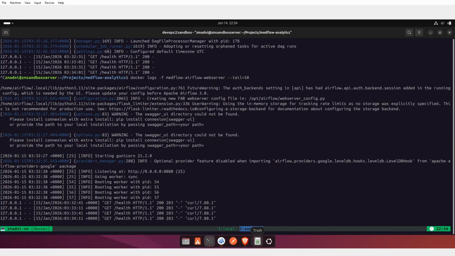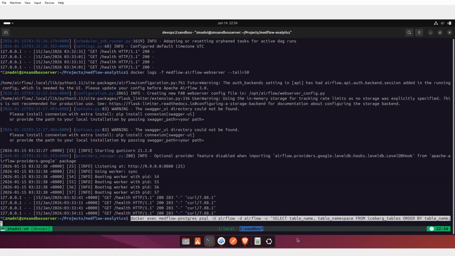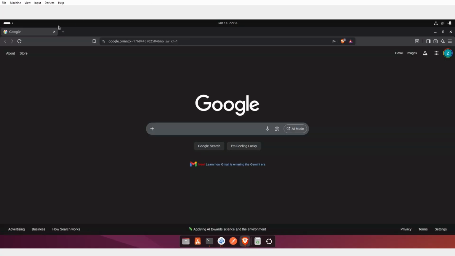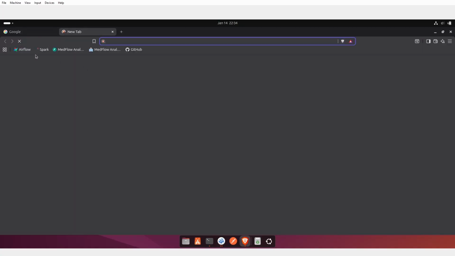Looks good. That looks good. Let's check and see if there are no Iceberg tables in the catalog defined, which there should be none. Zero. Okay, that's good. So now what we can do, we can go on to our Airflow